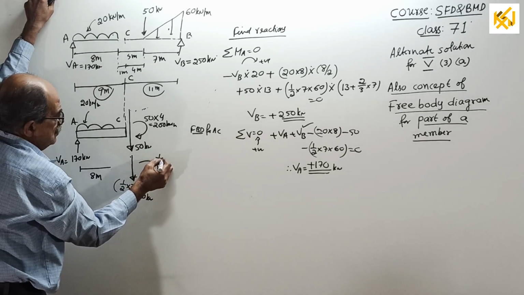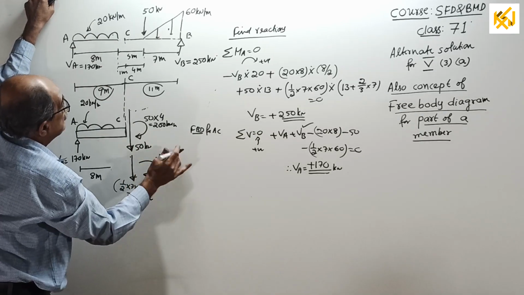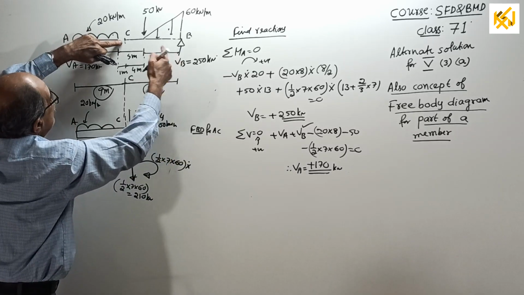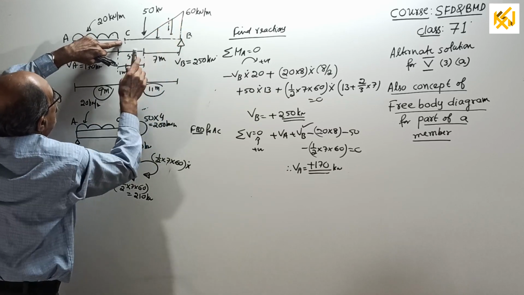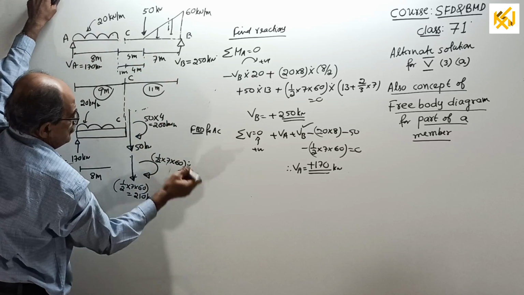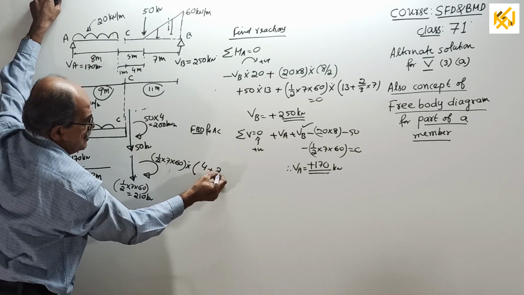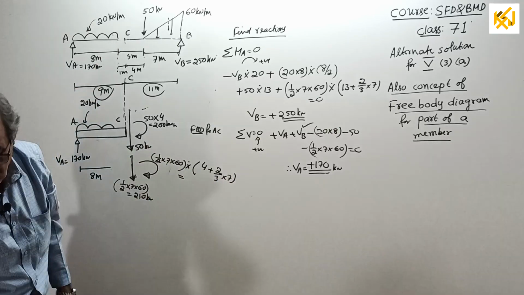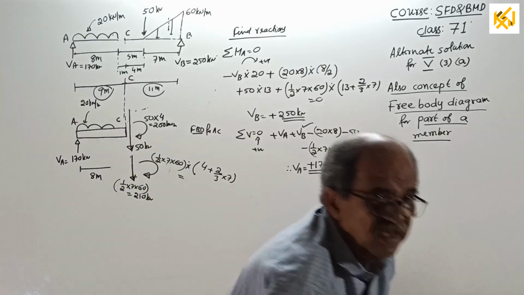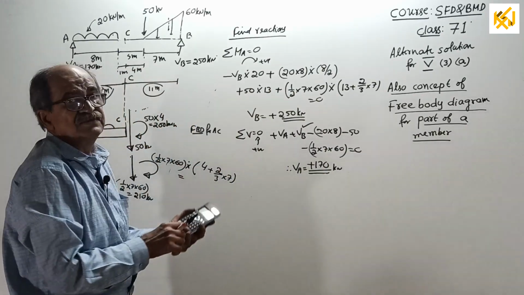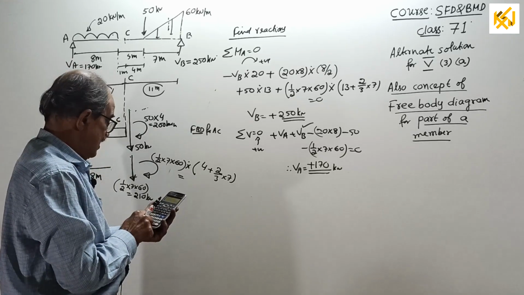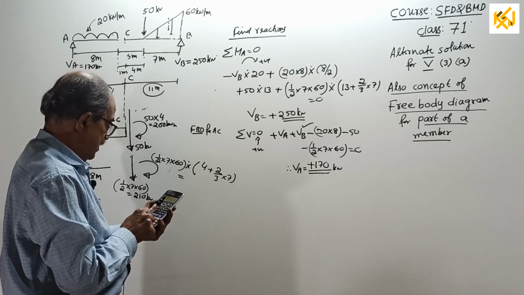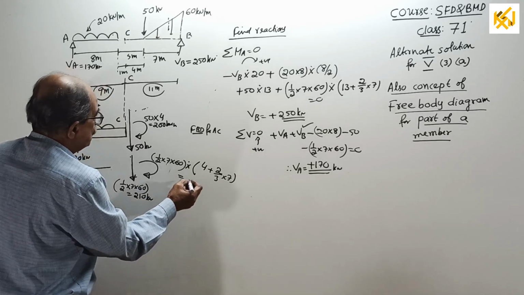half into 60, I always write base first. 7 into 60 is the total load, multiplied by the distance, as this load will act somewhere here. So 4 meter plus 2/3 of 7, bracket 4 plus 2 by 3 of 7, equal to, I want that couple now. How much is the couple? Unknowingly in this class you are learning some extra concept. Use it. Half into 7 into 60 is 210, correct, into bracket 4 plus 2 by 3 of 7 is 1820 kilonewton